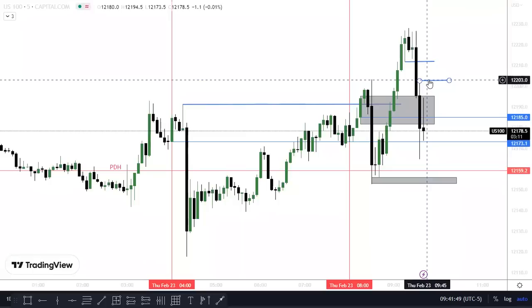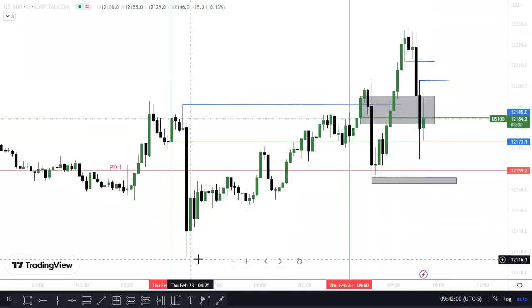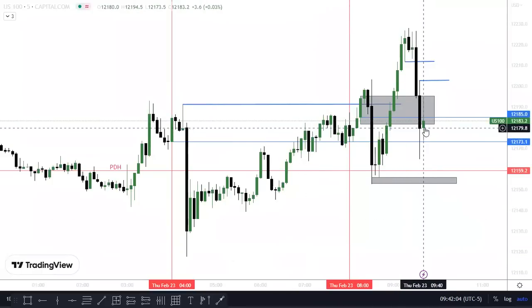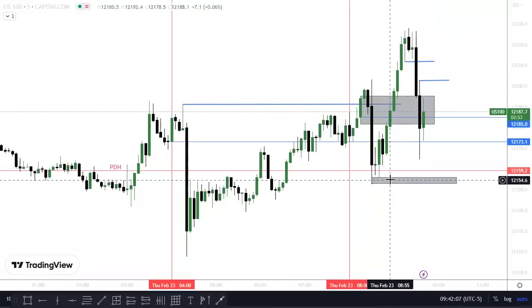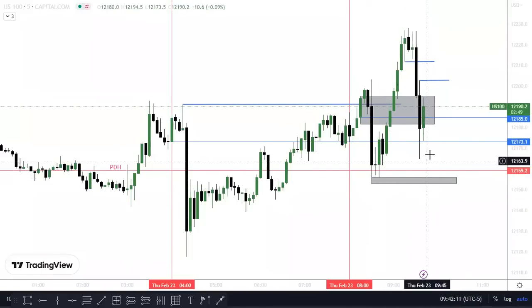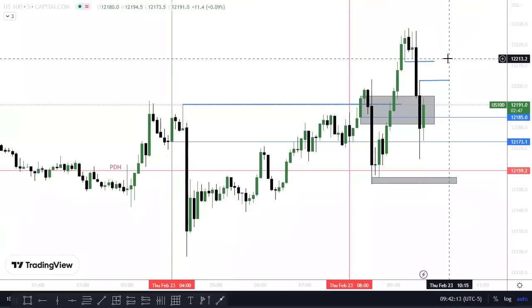Now there's no macro at 7 to 720. But interesting times though. I'll say that. The target is speed through this low. I want to see this low get demolished. Confirmation or low hanging objective is this low. Once we close below here, there should be no need to look higher again.